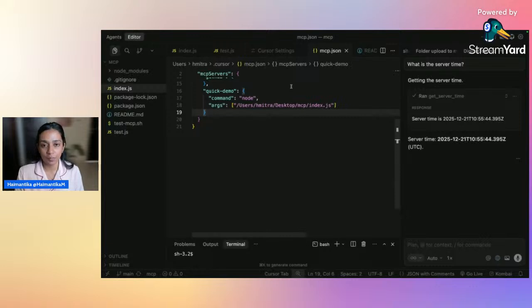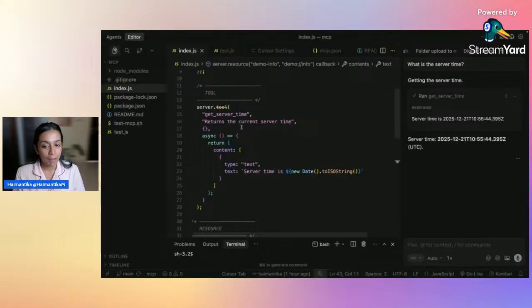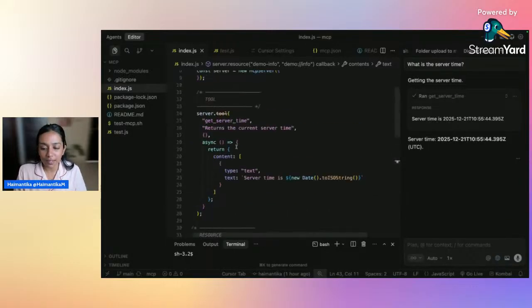Before I give you a little bit more resources, I do have a task for you. I'll share the link to this code. Maybe as homework, try to play around with this exact code that I have here. Try to do very simple things like addition and multiplication, and then try to build simple MCP servers so that you get a hang of how the tools and resources work, how this entire, very simple code file is working, how we are actually converting it into an MCP server, and how Cursor, or the AI client, knows which tool to call.